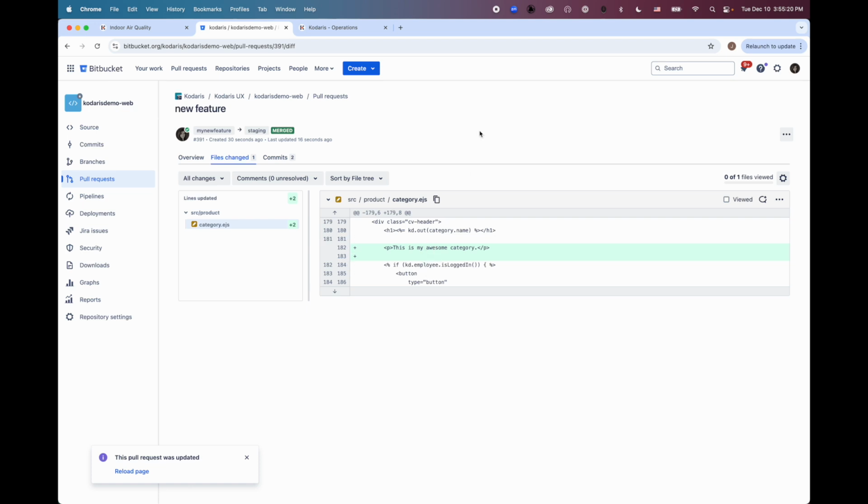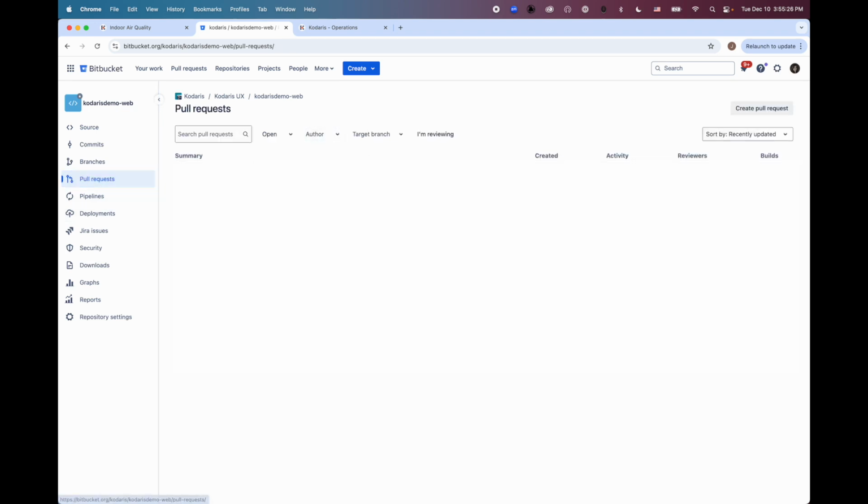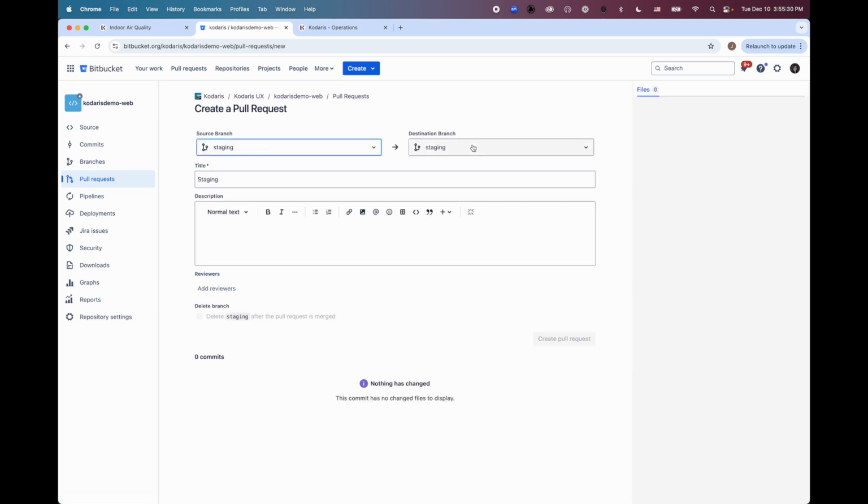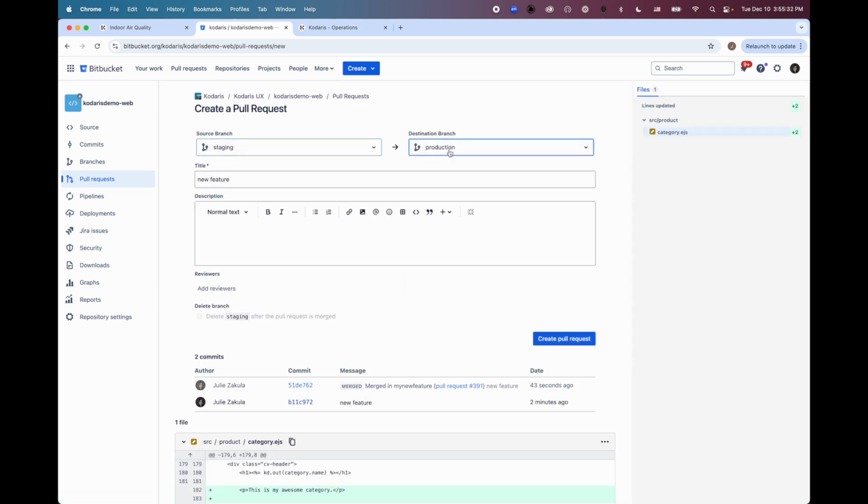Or if you're ready to push this to your live website right now, we could go ahead and do that. So let's go back to pull requests and make a pull request to the production branch. Now, as I mentioned before, the website runs on the production branch, so any code that we want to go to the live website has to move from the staging branch to the production branch.